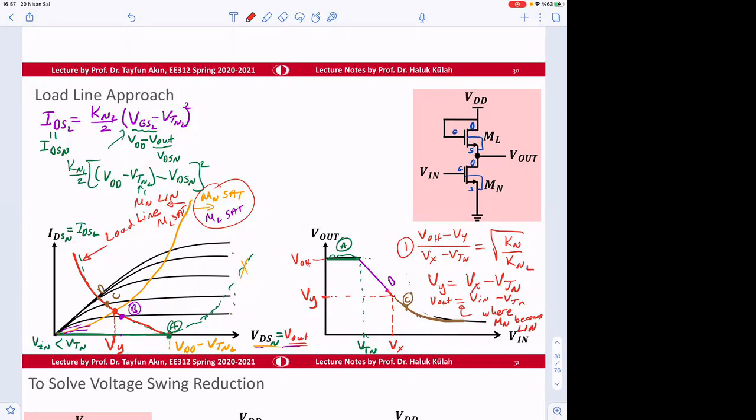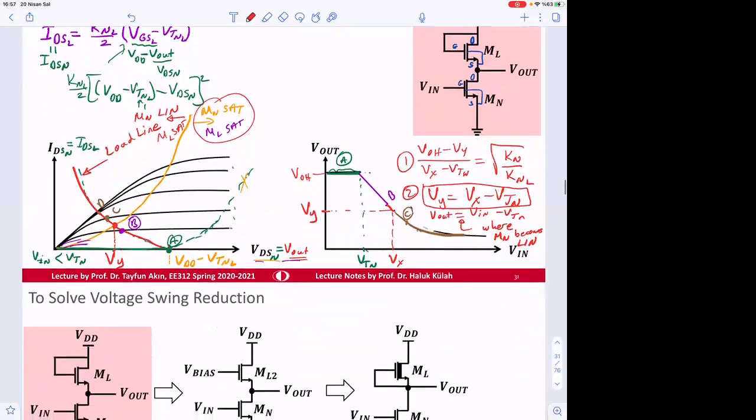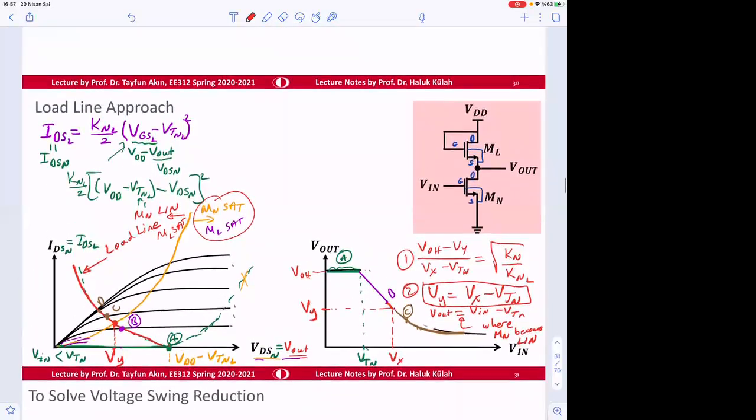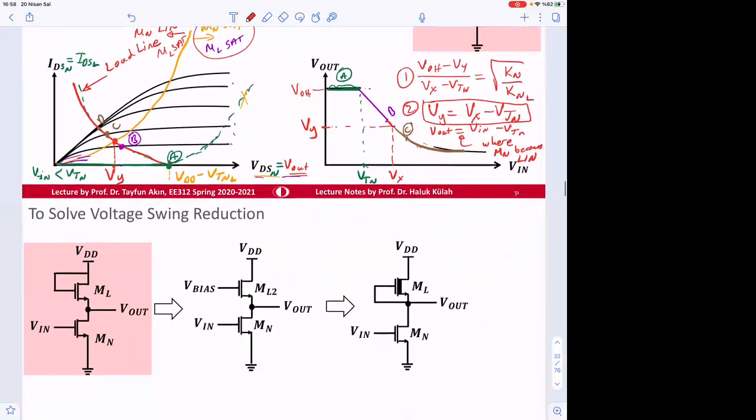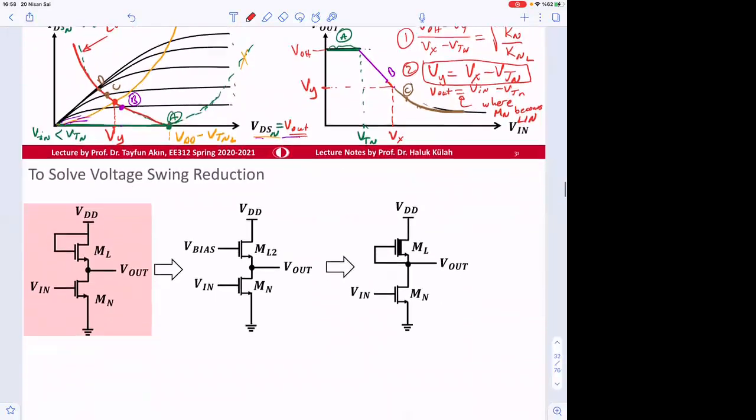So this is the second equation. Okay, two equations, two unknowns, and Vx and Vy can be found and determined. Is that clear? Yes, hocam. Okay, so